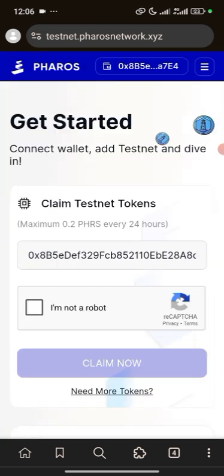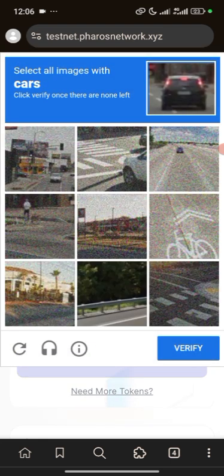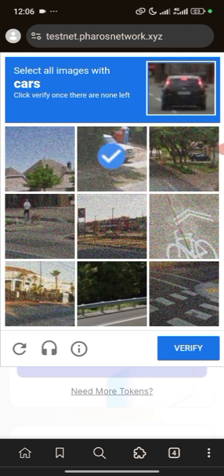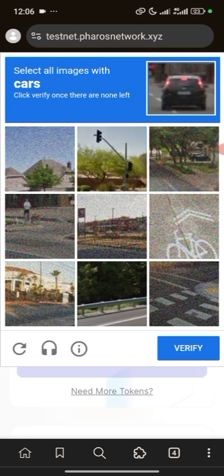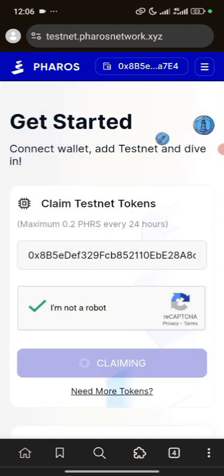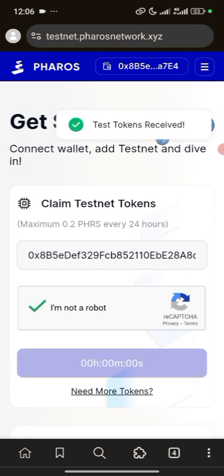Click on switch again, and you can see now we've actually connected our X account. So the next thing you need to do now is click on I'm not a robot. Just complete the captcha, select the image of a car. Okay, I think these are images of cars. Then this is the image of a car. Then there's a car here. Click on verify. So just click on claim now, and just like that, you've claimed your first test tokens on